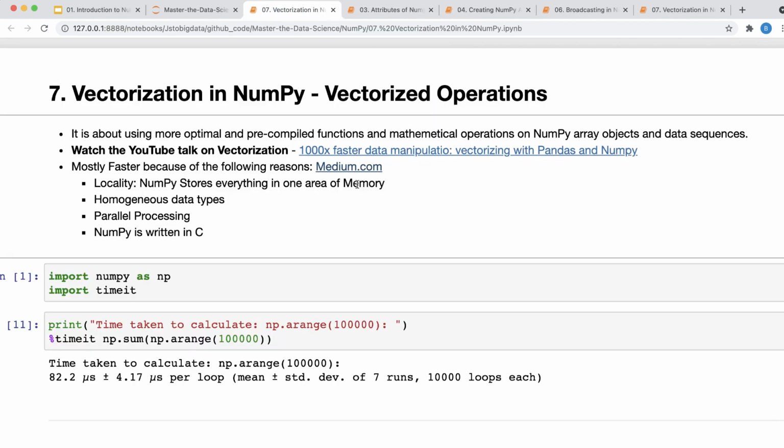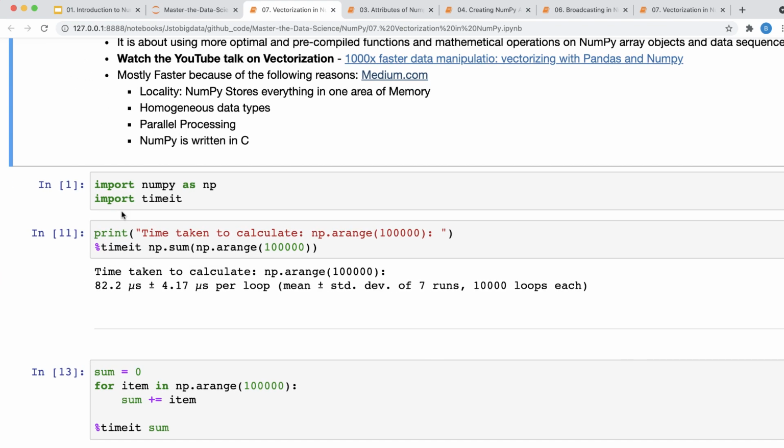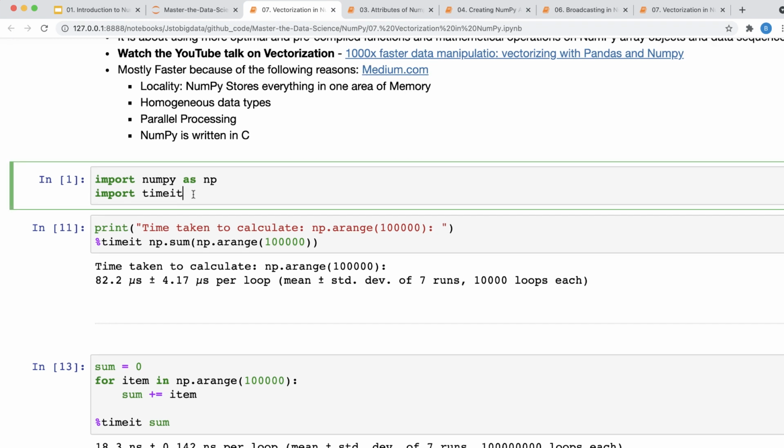So basically what it means is, instead of using Python's inbuilt functions, wherever possible you should use NumPy's inbuilt functions on the NumPy array, of course. And the reason is NumPy is very optimized from a performance and memory perspective, and as you already know, its APIs are written in C. With the help of certain optimizations, it gives you the best performance as compared to Python's inbuilt functions. Just to compare this and validate this, I have taken a very simple example.